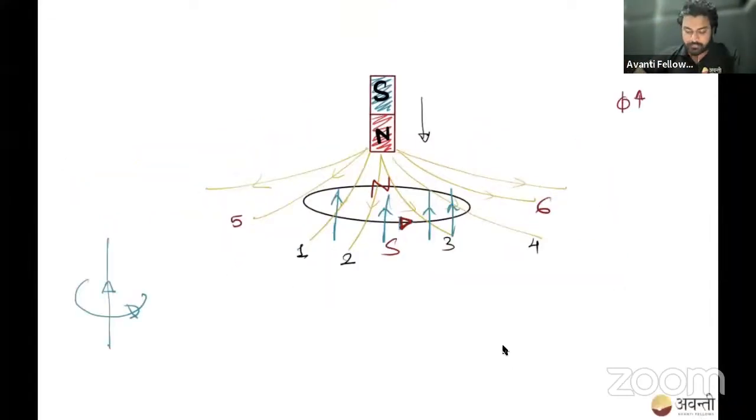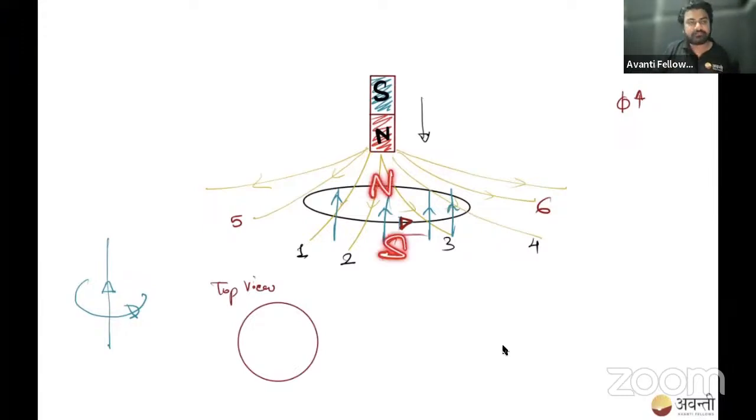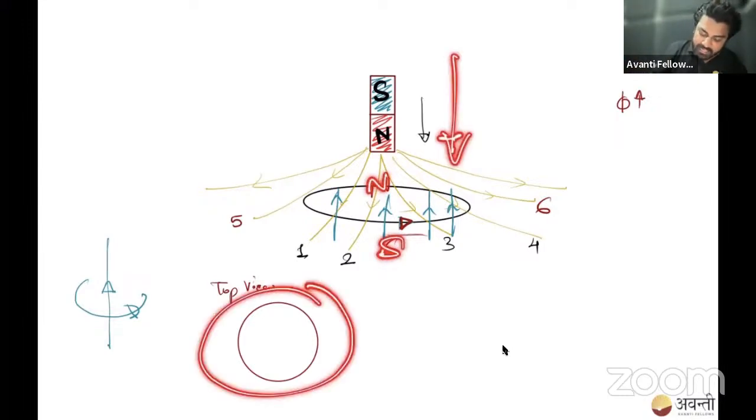Okay. So magnetic flux will increase. This coil will try to oppose it. And for opposing it, it will create an opposite magnetic field. And this magnetic field will only be created when this type of current exists in the wire. Okay. Chalo, accha, to remember it, I'll just show you. Let's say this is the top view. Top view. If north is coming in, this coil will create north and south like this. If north is coming in, it will create north and south like this. And if I see from the top, it will look somewhat like this. And I can see north written here.